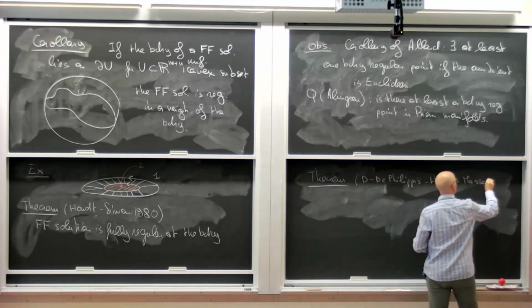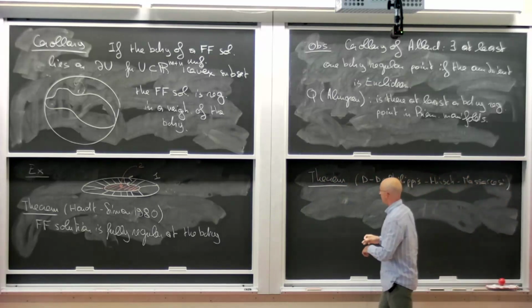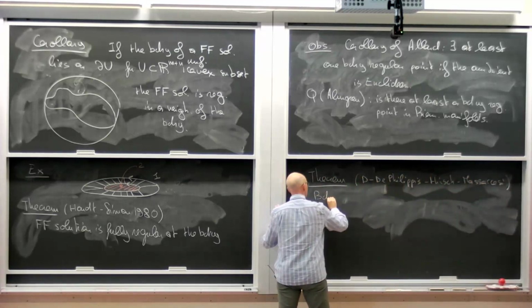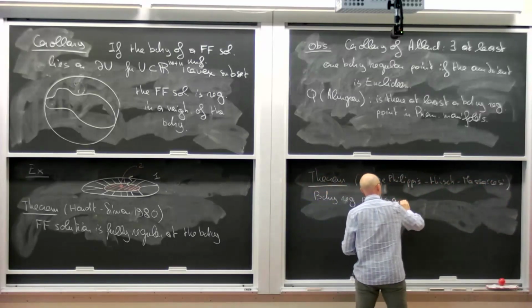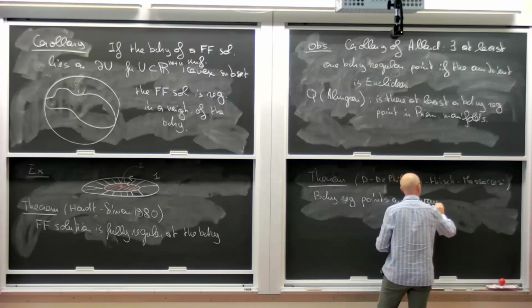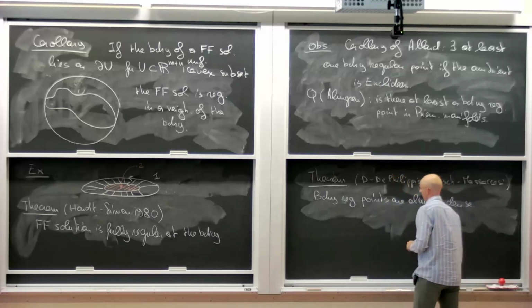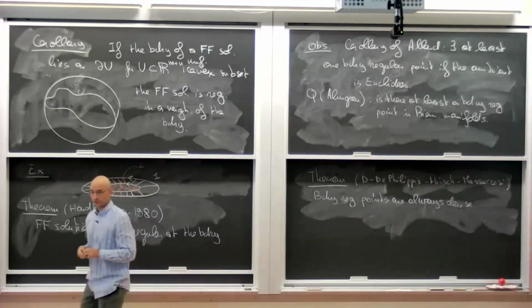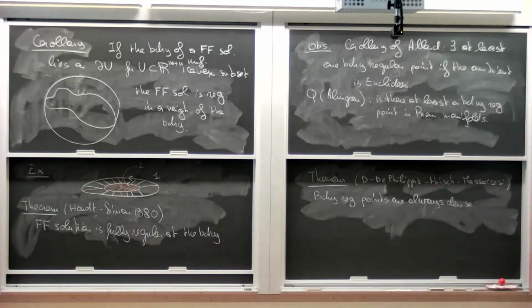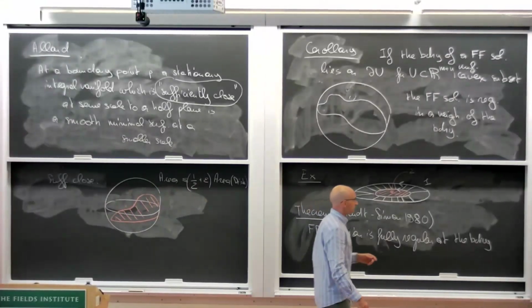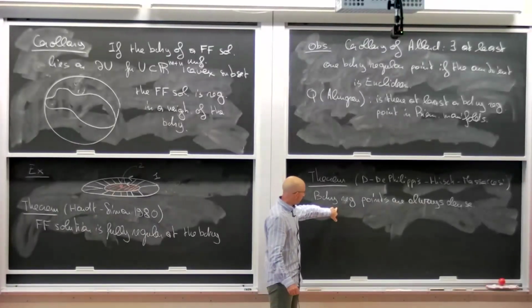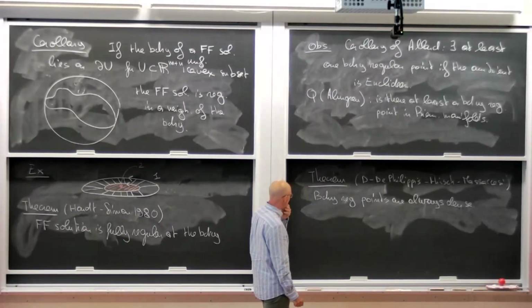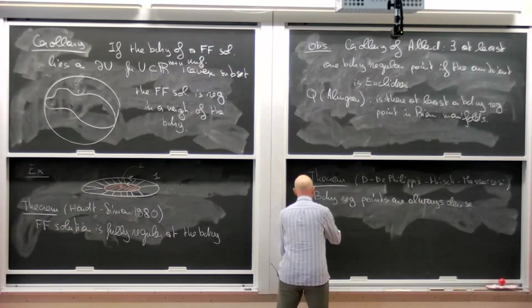So in higher codimension, we can at least prove that boundary regular points are dense. So boundary regular points are always dense. And that is a theorem which does not use this convexity argument. So it has to tackle also situations in which you actually have two-sided boundary points in higher codimension. And at first sight, when we proved this, we kind of thought, okay, maybe the theorem is very suboptimal, but